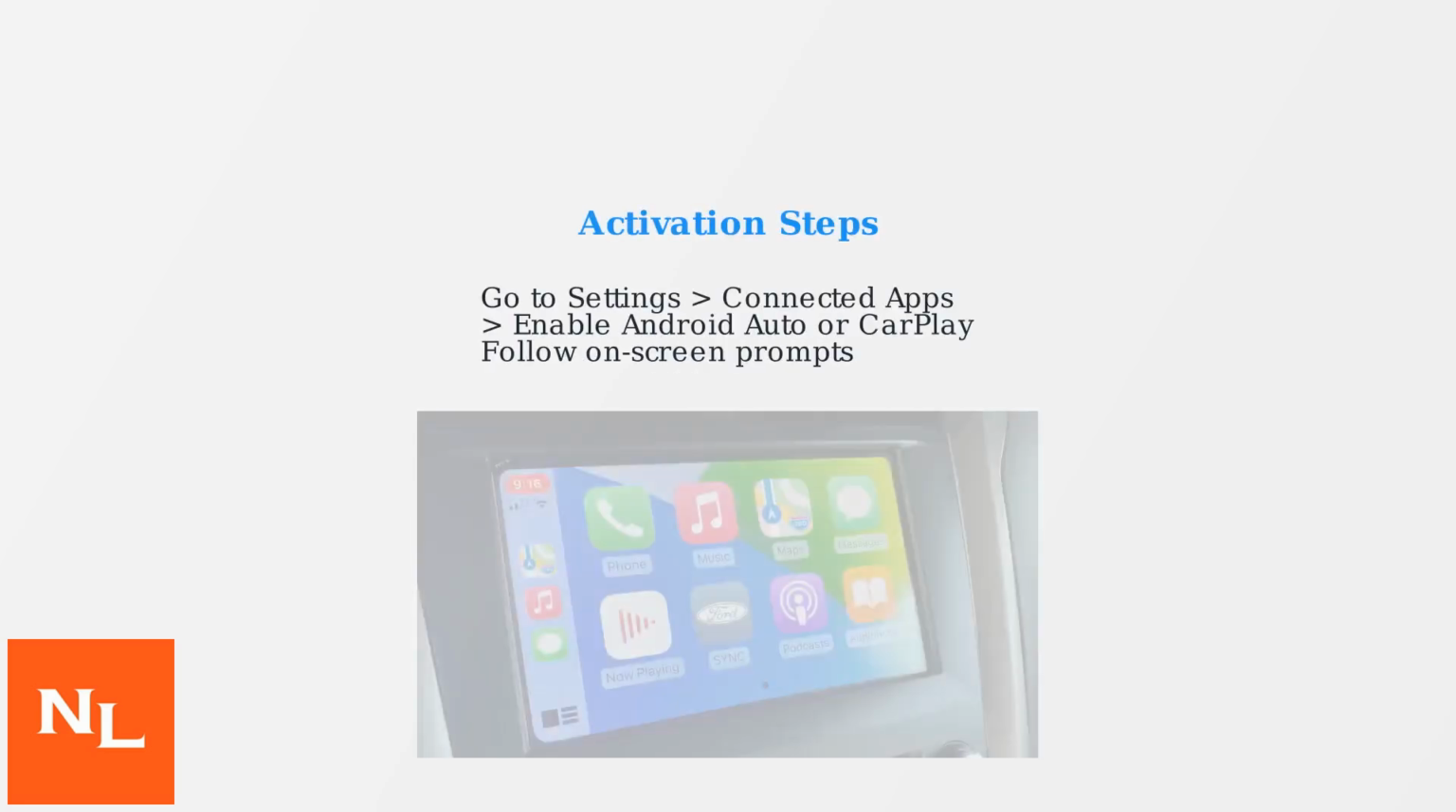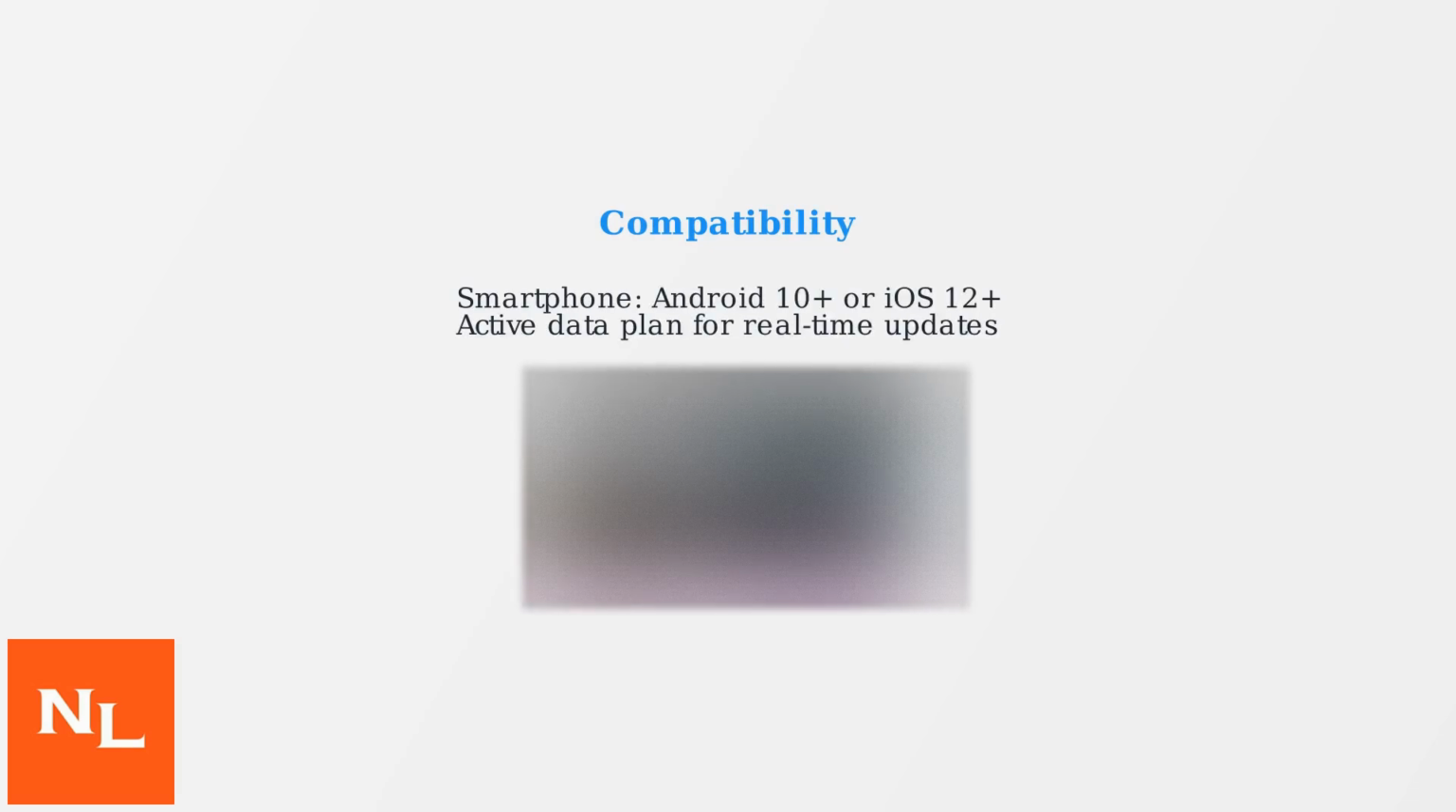models. To activate, navigate to Settings on your infotainment system, then Connected Apps, and enable Android Auto or CarPlay. Follow the on-screen prompts to complete the setup. Ensure your smartphone runs Android 10 or higher or iOS 12 or higher with an active data plan for real-time